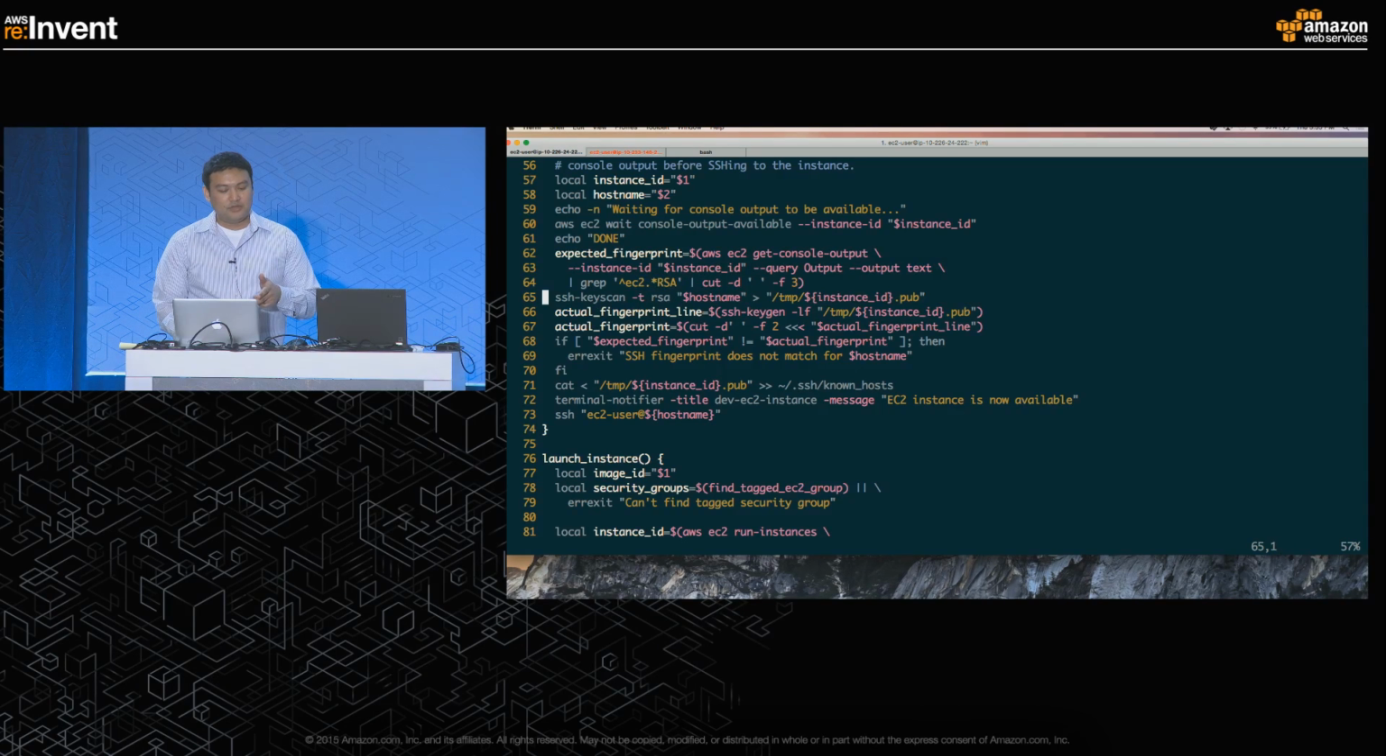And then we're going to use an SSH key scan to start looking for the public key. We're going to save that to a file. And then we have some commands here that are actually going to generate a fingerprint. And it's going to show you what that fingerprint is, and it compares it. It says if the expected one doesn't equal what the actual one is, then we'll error out. Otherwise, we'll go ahead and add that instance ID, or that public key, to our known host, so that when